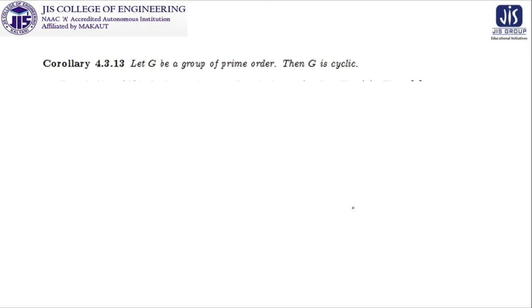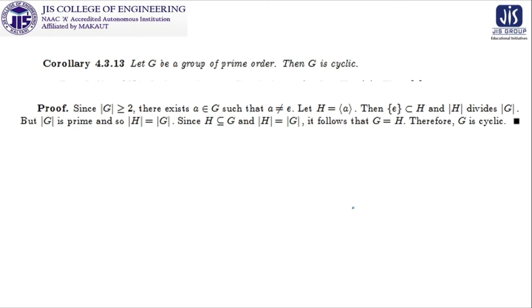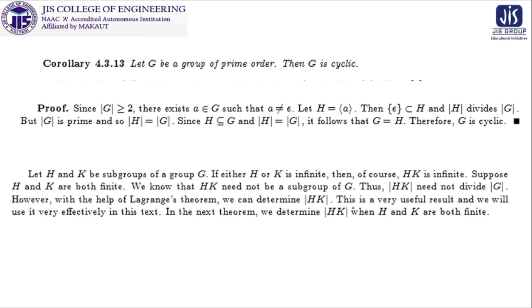So what we get as the next corollary: let G be a group of prime order. If so, then G is cyclic. So we have this proof over there, but most importantly we have one very important observation in the last topics,